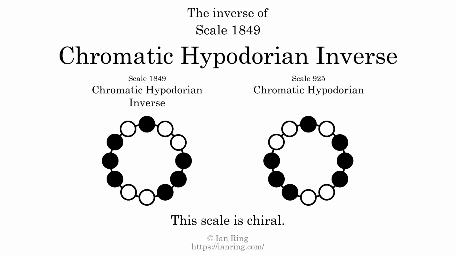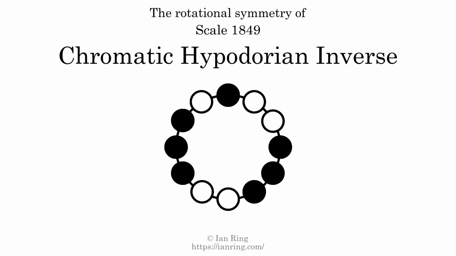The inverse of a scale is a mirror image. It is what you get when the sequence of intervals is reversed. The inverse of this scale is scale 925, also known as Chromatic Hypodorian. This scale is chiral. It cannot transform into its inverse by rotational transformation. This scale has no rotational symmetry. For even more detail about this scale, visit